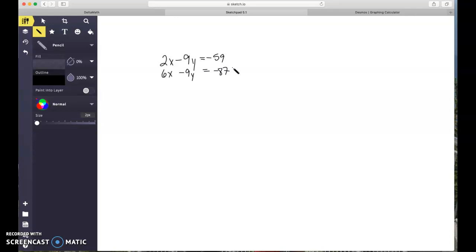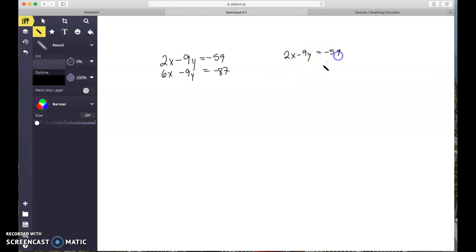And sometimes, you want to be able to just see y equals mx plus b form for that kind of thing. So you can quickly see what's the slope, what's the y-intercept, and kind of go from there. So standard form, when you have your two equations written in standard form, you want to use the method of solving called elimination. And what elimination is doing is saying, hey, I have this equation, this 2x minus 9y equals